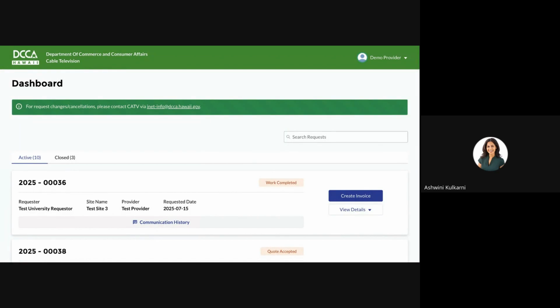Hi everyone, in this video I'm going to do a walkthrough of the invoice subprocess. And as we can see, we are on the provider dashboard, and this process comes right after marking a given INET request as work completed. So at this point, our focus is going to be on the INET request ending in 00036, currently in